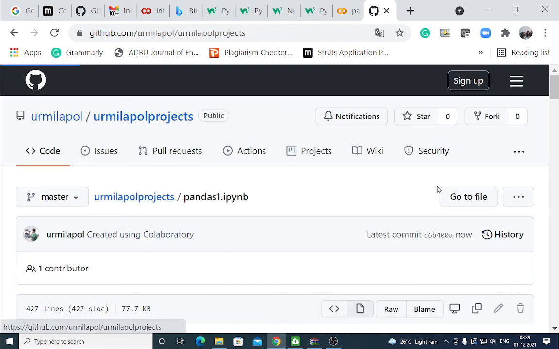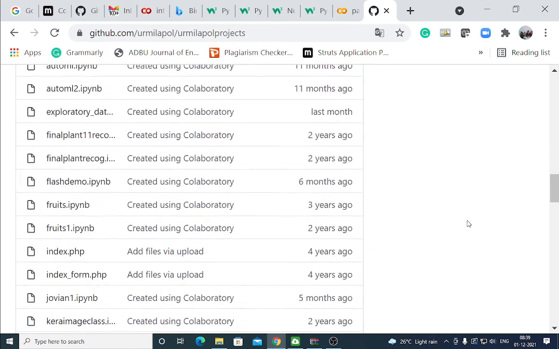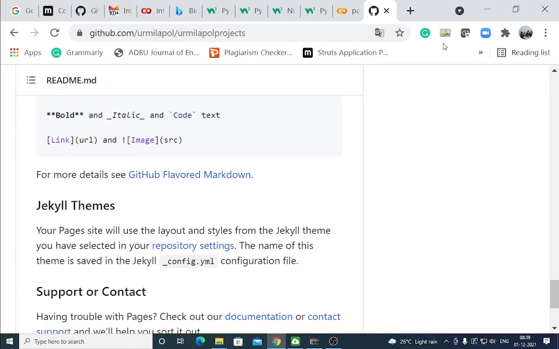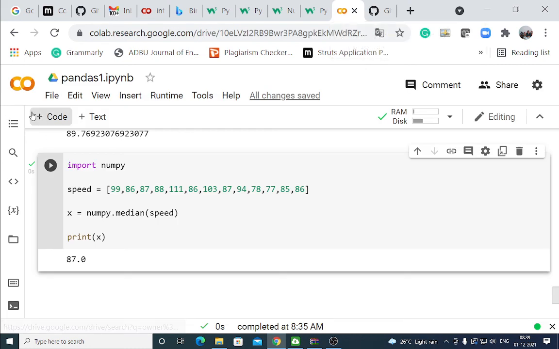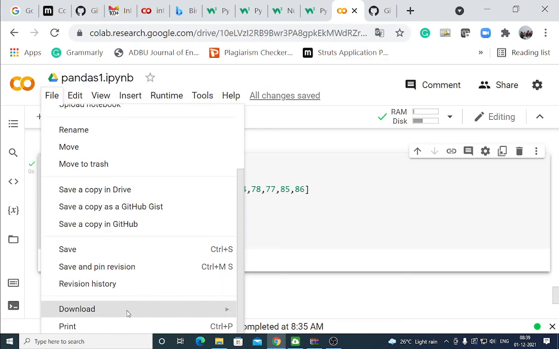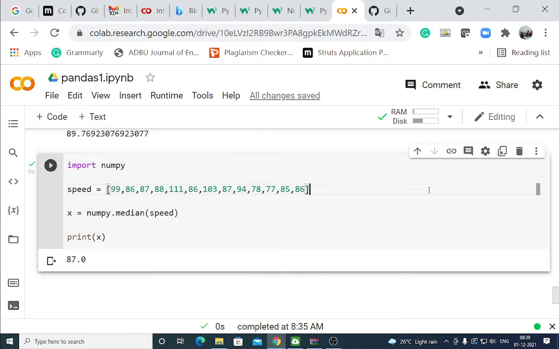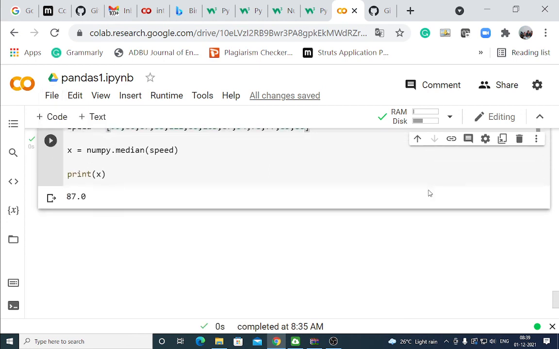See, I have stored so many projects in GitHub. Like that, if you want to download as Python code, download IPYNB or save a copy in the drive, it will write into the drive. Thank you.